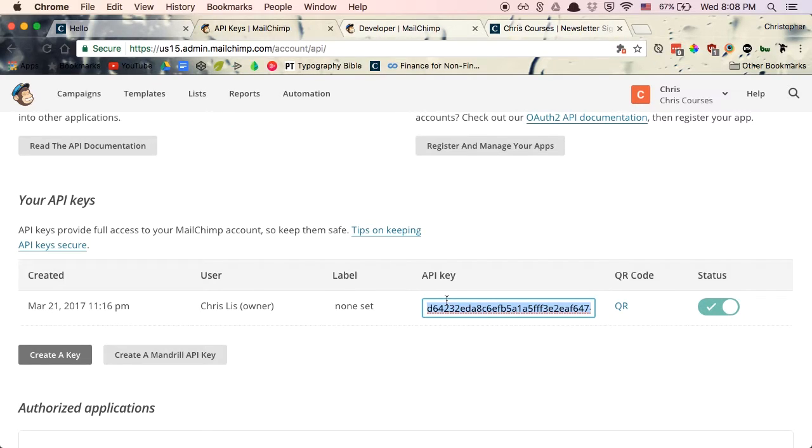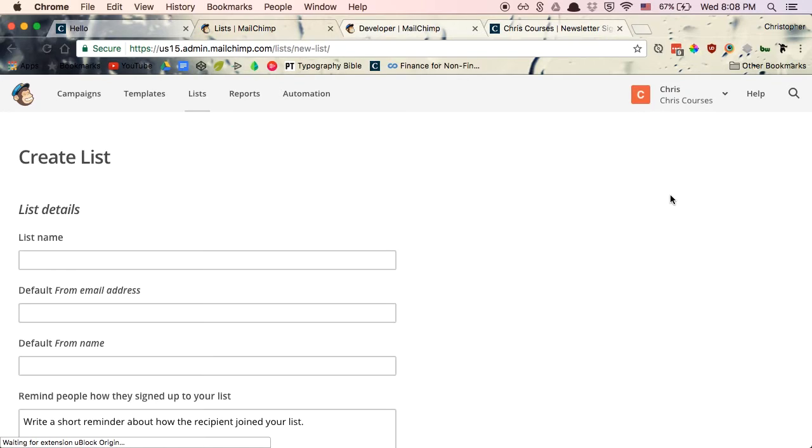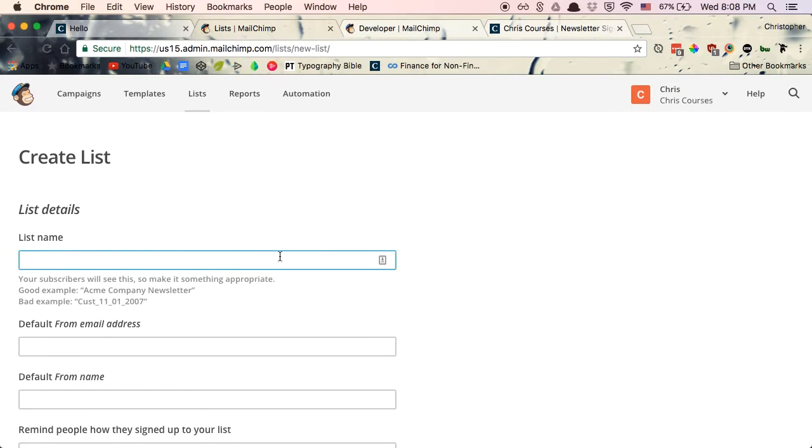Now that we have this API key in place, we need to now make a list for our account. Now a list, this is basically going to be the data storage for all of our subscribers. So we want to create a list for our newsletter sign up form. So this list name is going to be Chris Courses